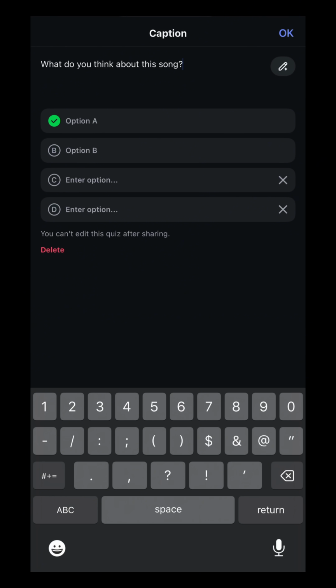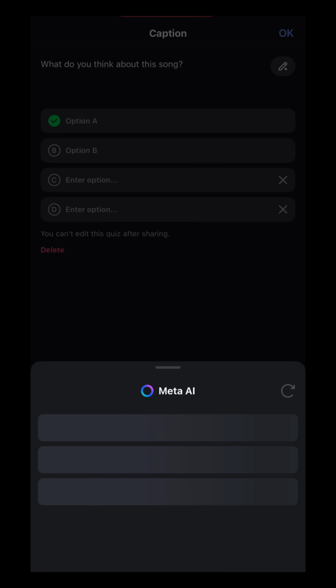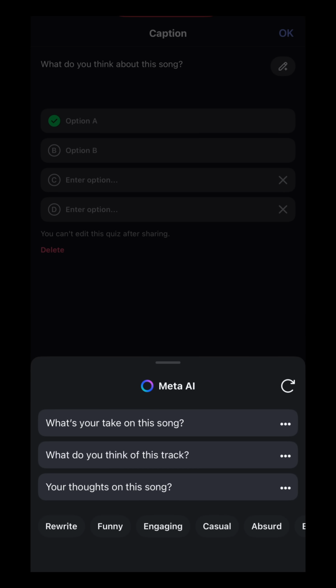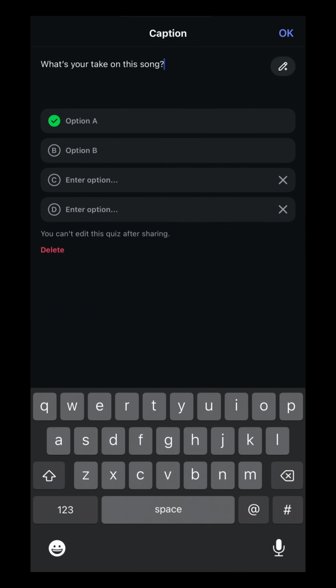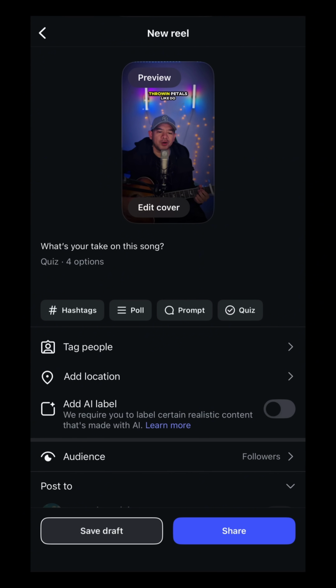All right, so I can also run Meta AI to actually write, sort of like ChatGPT, to kind of fix grammar or just maybe, like, what's your take on this song? Okay, now you can put your answer here. Say beach, maybe party, sad, happy. So after that, what you're gonna do is click OK,